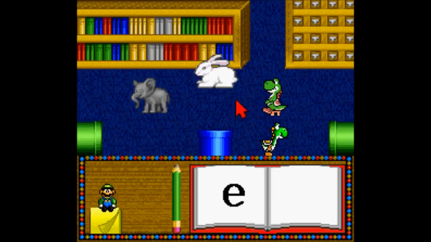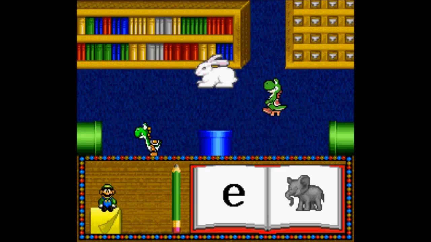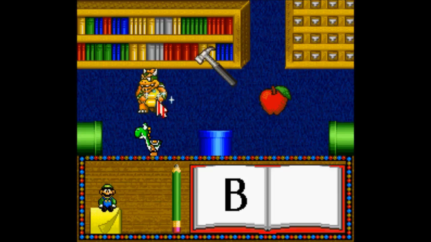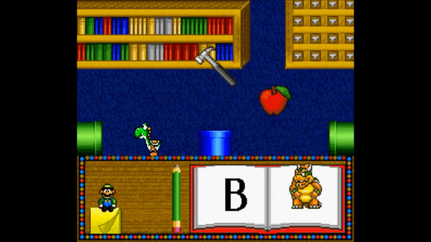Choose the picture that starts with the sound E. You did well. You found elephant that starts with E. E. Elephant. Show me the picture that starts with the sound B. I like your choice.